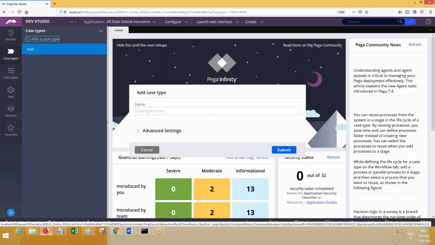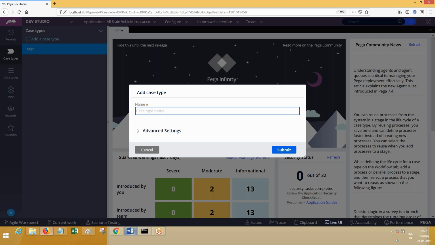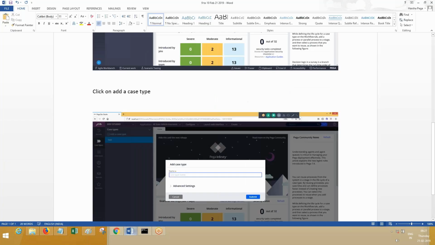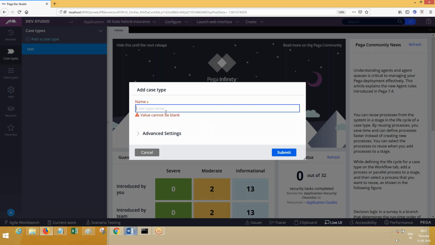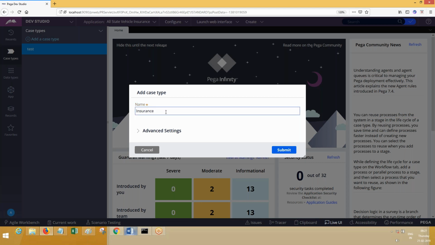Once you click on add a case type, it will show you this pop-up asking for the case type name. What you give here is the name of the case type class. It is not the exact case type name. This can be insurance. You can give something like vehicle insurance if you want. Okay, and advanced settings.